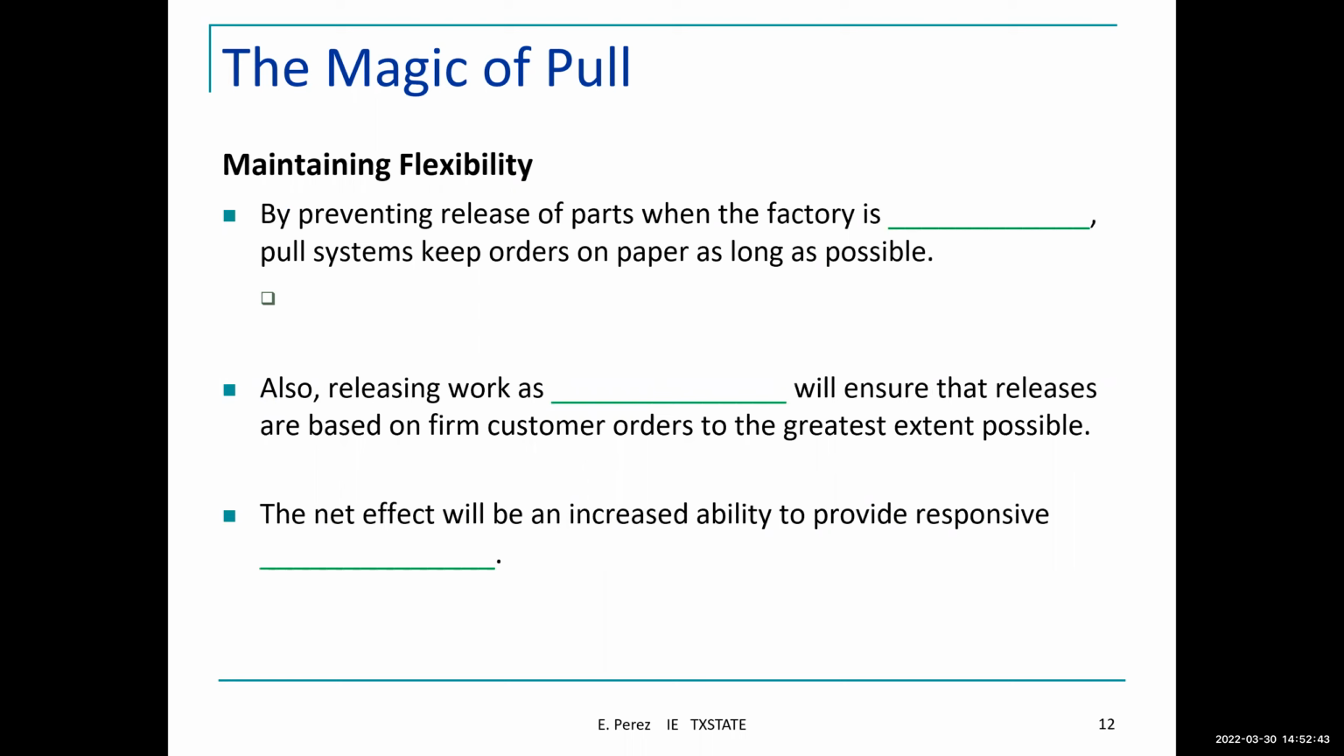Maintaining flexibility, that's another advantage of pull. By preventing release of parts when the factory is congested, pull systems keep orders on paper as long as possible. So this will facilitate engineering and priority scheduling changes. So what this is saying is,